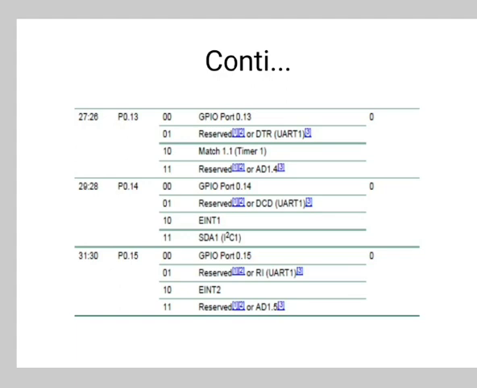So for 29:28, for 00 it is GPIO port 0.14, 01 is reserved or DCD UART1, 10 is EINT1 and 11 is SDA1 I2C. Next, for 31:30, for 00 it is GPIO port 0.15, 01 is reserved, 10 is EINT2 and 11 is reserved or AD1.5.